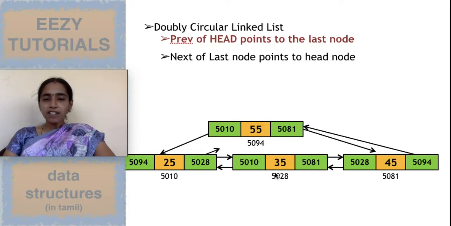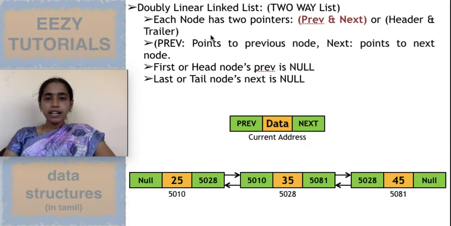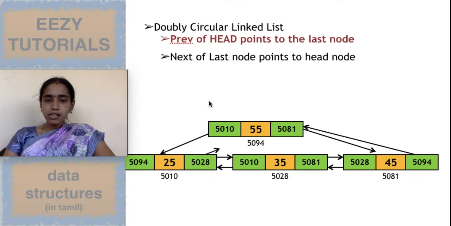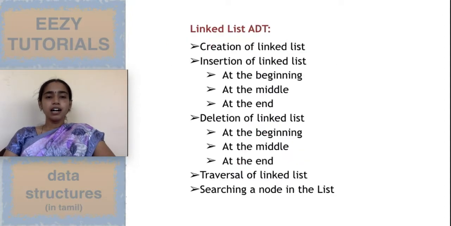So you will be having circular access. Whereas in linear, you will be having a stop at the end, and at the beginning you cannot move further this side. At the end you cannot move this side. But in the circular, it will be circular. So circularly you can access all the elements and traverse all the elements. These are the four types of linked list.